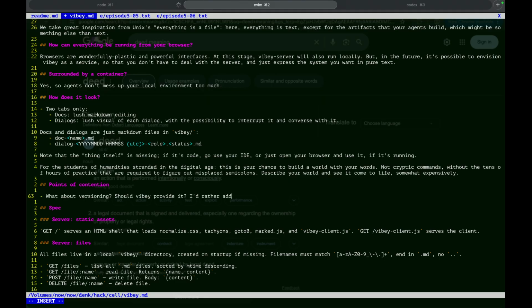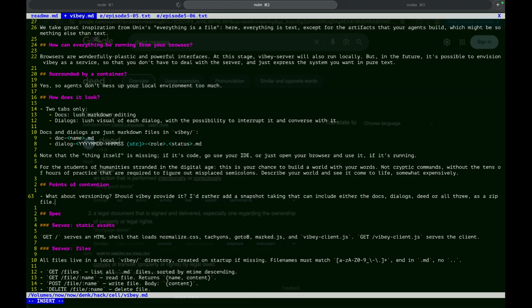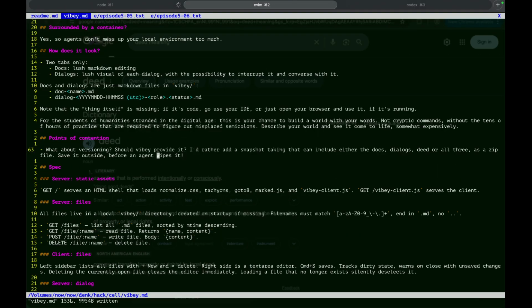I'd rather add a snapshot taking that can include either docs, dialogues, or all three as a zip file. Save it outside before an overzealous agent wipes it.